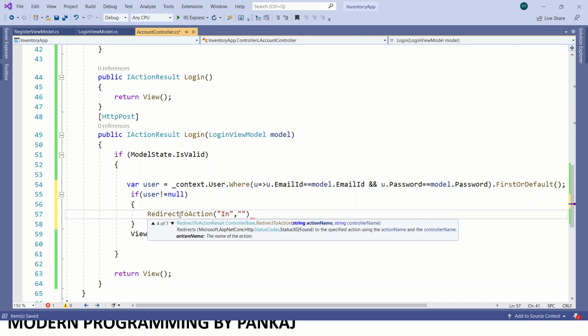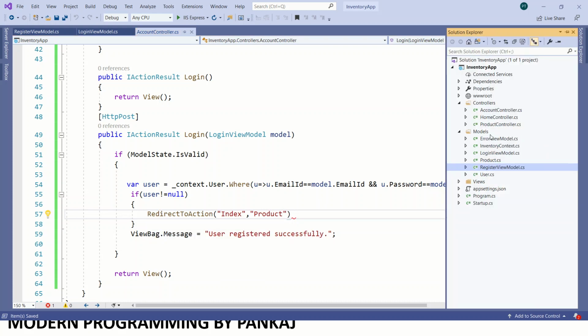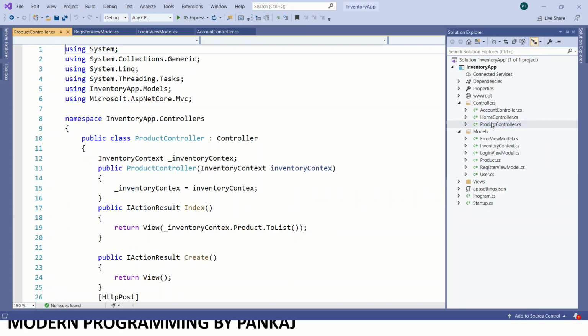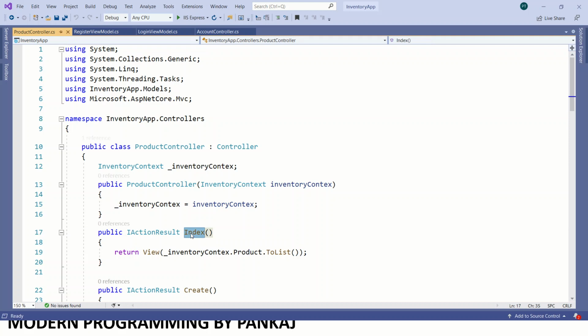So the action name is Index and the controller name is Product. We can check it. See, we have got the Product controller here, and we are going to redirect to its Index page.